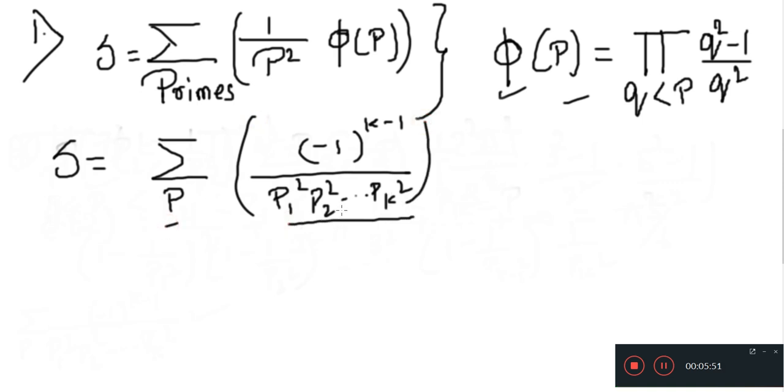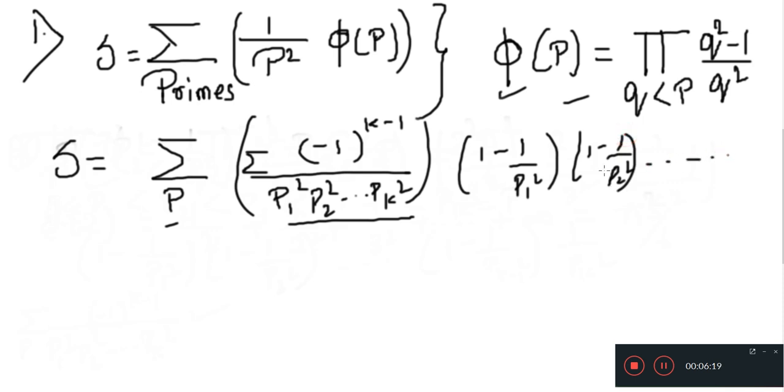We know what it means right now, because we are summing over every P, and P1, P2 vary because they are less than P. So for every P it changes. So this indeed is a sum itself. Now imagine the situation. What does this mean? This means that if you were to multiply all the primes in this format, 1 by P1 square, 1 by 1 minus P2 square,